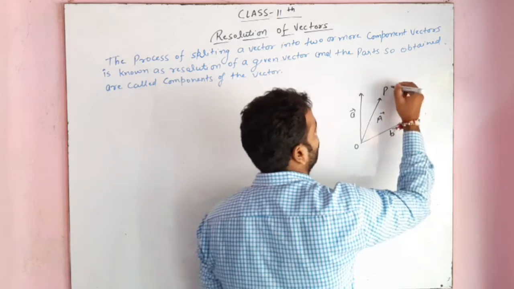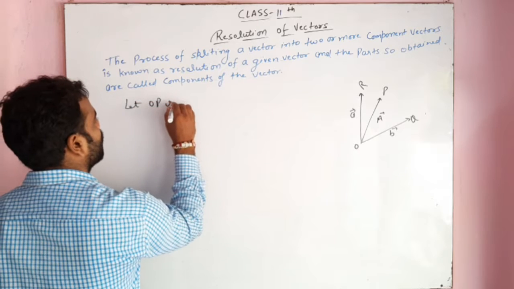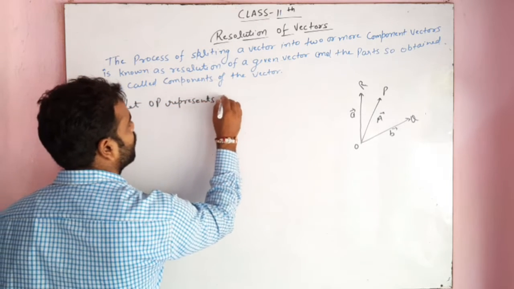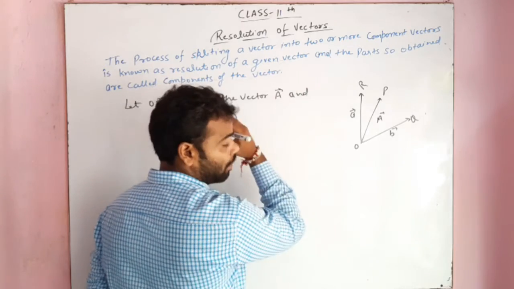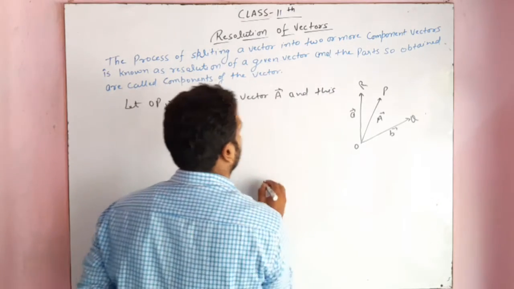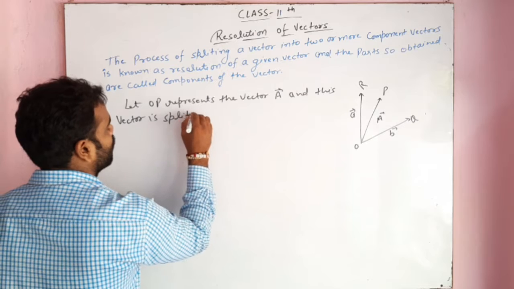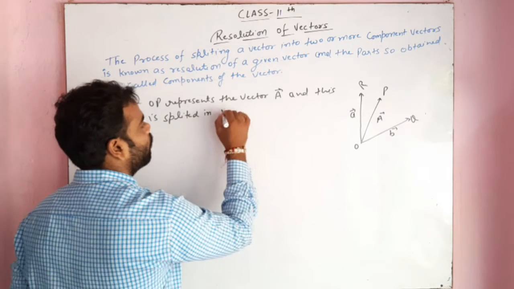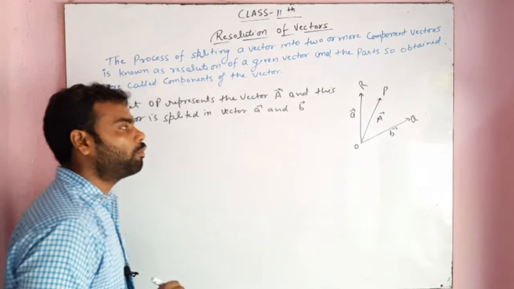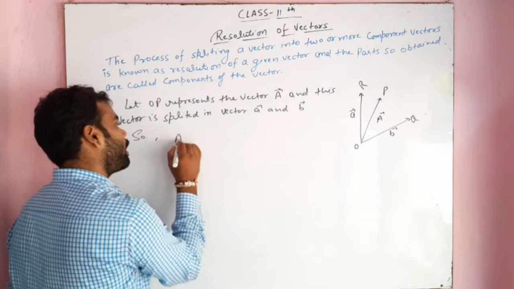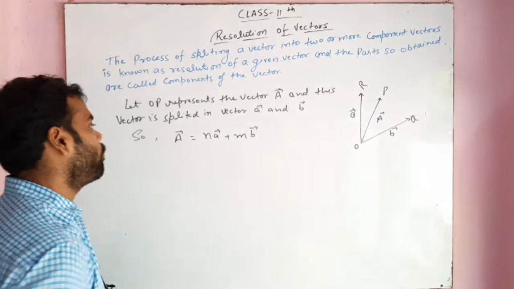Now this is O, P, Q and R. Let OP represent the vector A, and this vector is split up into vectors A and B. So vector A can be written as n vector A plus m vector B, where n and m